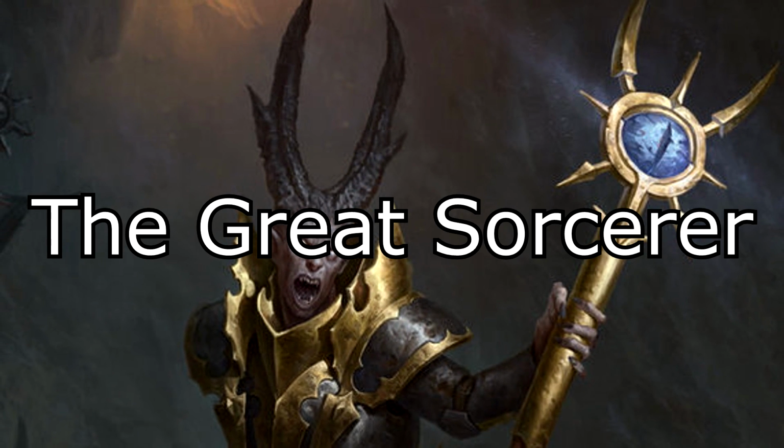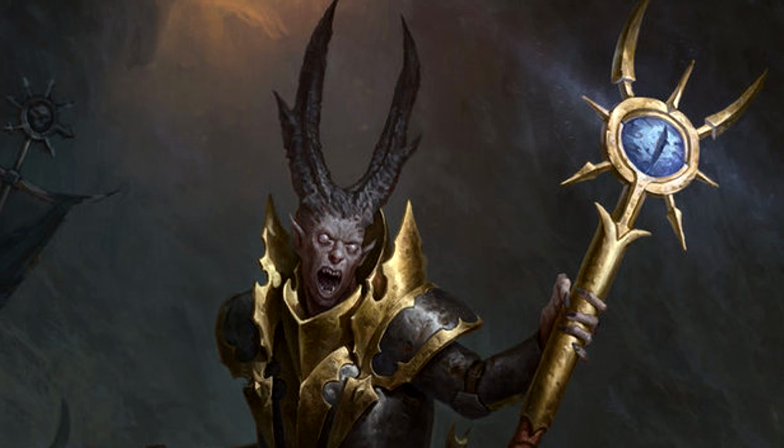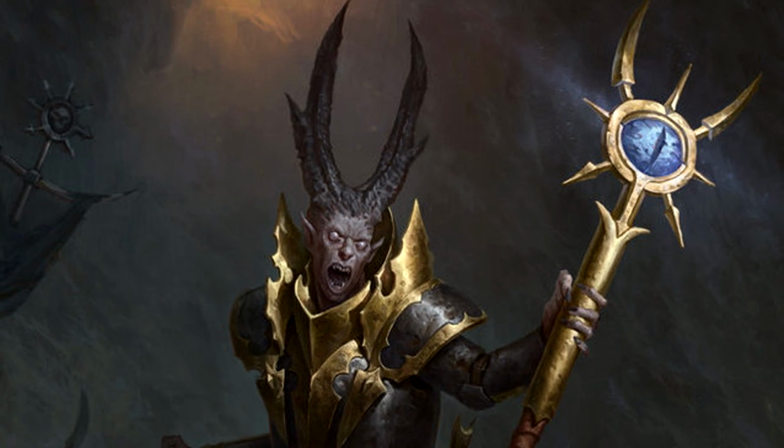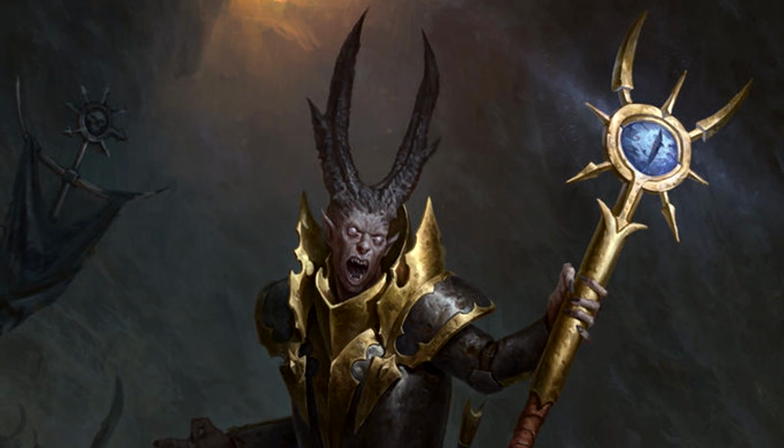The Great Sorcerer. For 1 command point, you can make a Tzeentch Psyker cast an extra spell. This can come in clutch when you need to use all of your spells in that turn. It can also be very deceitful to your opponent, because if you're playing against an opponent who doesn't know this